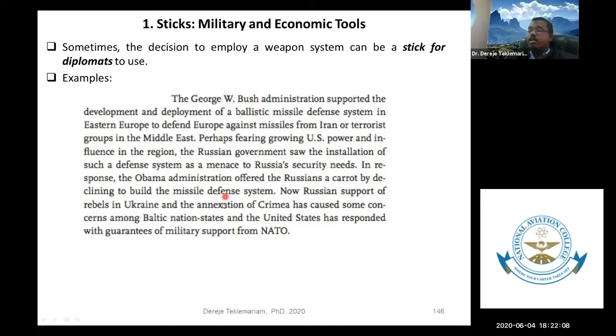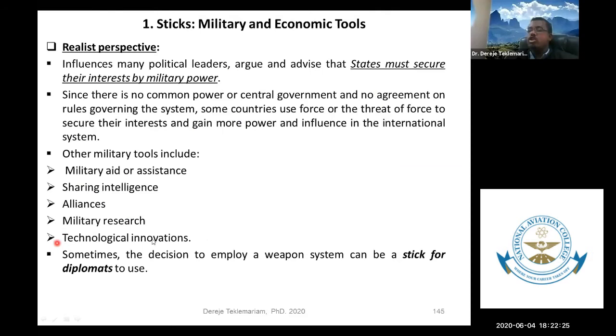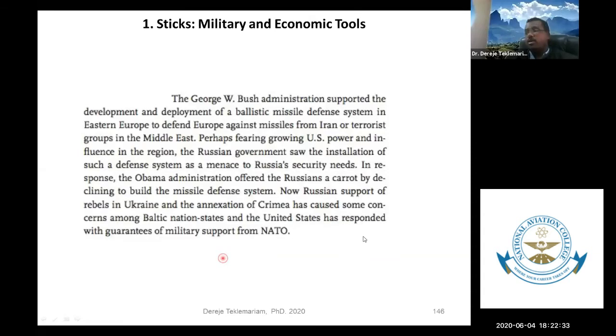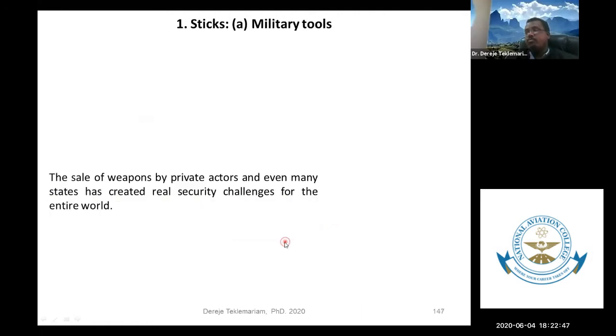Anyway, what we are saying is that these sticks can be expressed in terms of military means, and they have their own economic repercussions. For example, ballistic missile systems require huge technological innovations. Even a kind of alliance, you can see how Russia tried to respond that way. And finally, how the US tries to use some of the allies from NATO, because the North Atlantic Treaty Organization is not only American groups, but also other ally groups. So it's a very good example.